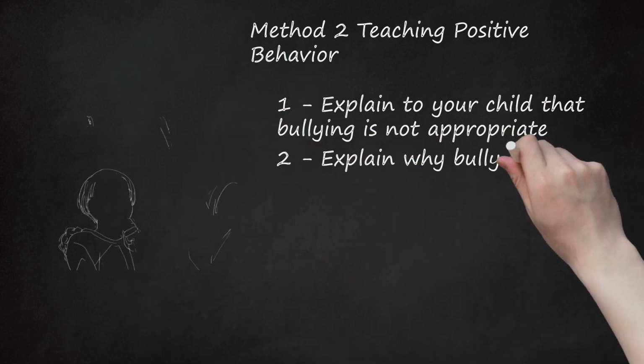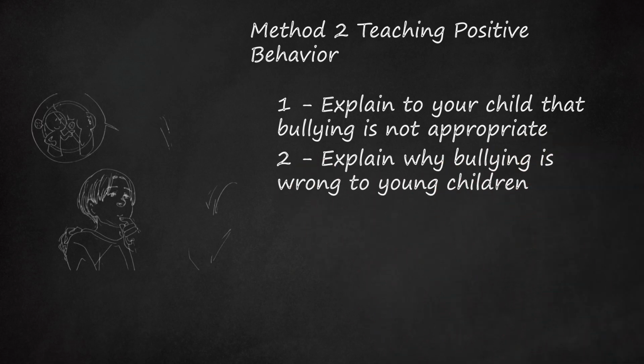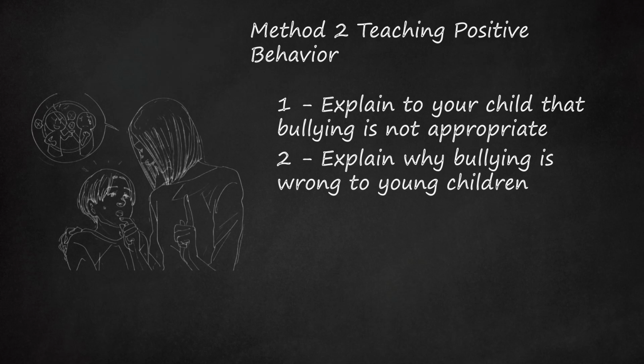2. Explain why bullying is wrong to young children. Young children, 5 to 8 years old, tend to not understand that bullying is wrong. They cannot identify power imbalances and repeated behavior. They also do not usually know how to reflect on their own behavior or consider other points of view. Therefore, it is important to share with your child what bullying is. Tell your child specifically what kind of behaviors are unkind to help them understand bullying. You might tell them that pushing, name calling, and yelling at others are bullying behaviors.